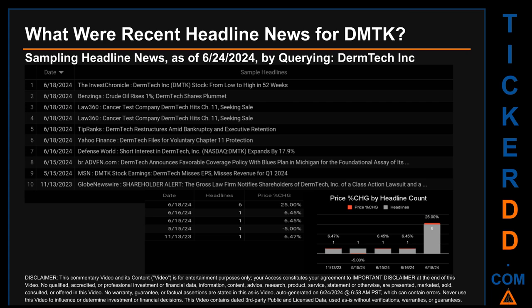The Invest Chronicle published the headline that read, DMTK Inc. DMTK. Stock. From low to high in 52 weeks. Benzinga published the headline that read, Crude oil rises 1%. DMTK shares plummet. Law 360 published the headline that read, Cancer test company DMTK hits Chapter